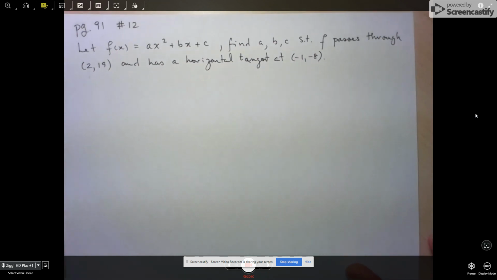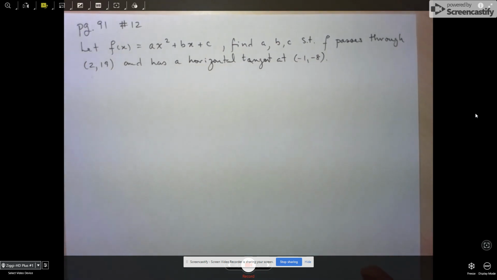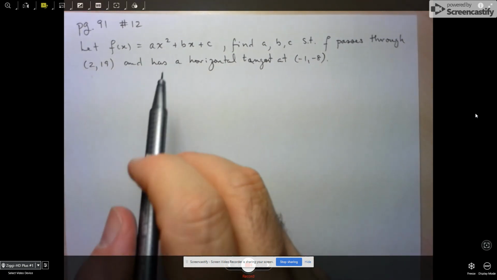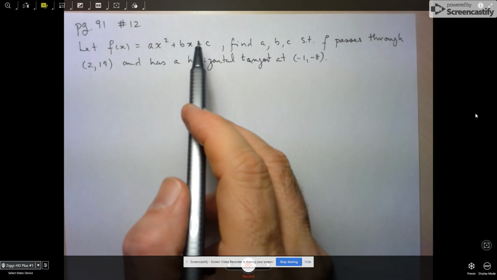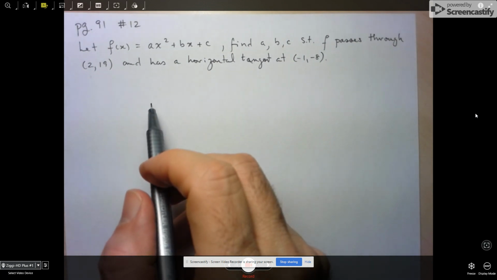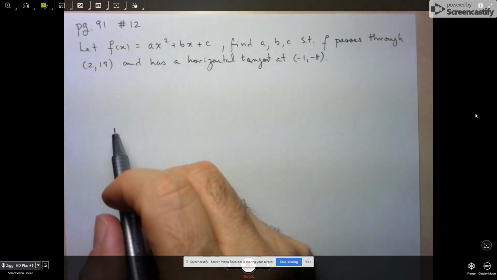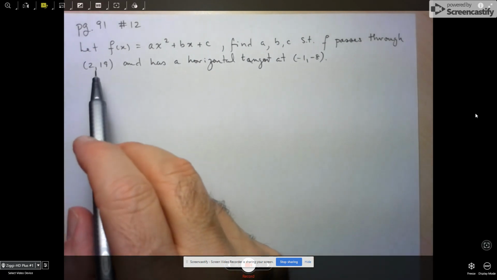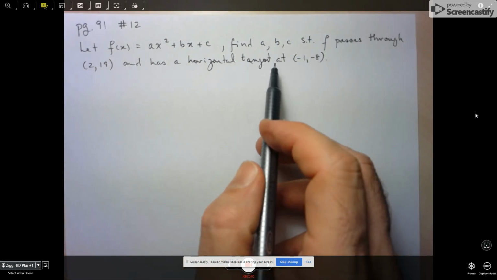Hi folks, we're going to take a look at number 12 from page 91 on the Unit 1 assignment. So they give us this function, which is a quadratic, and they want us to find the coefficients such that these conditions are met. So they tell us that the function passes through (2, 19) and has a horizontal tangent at